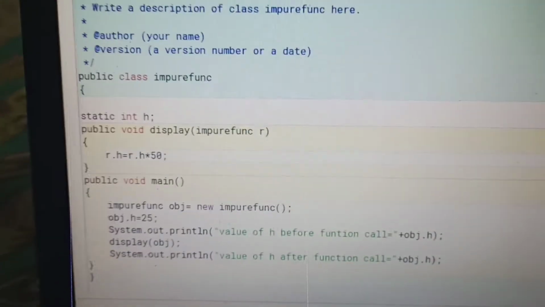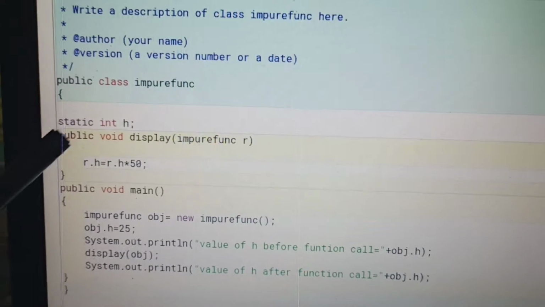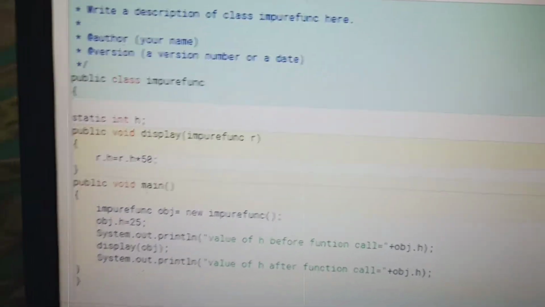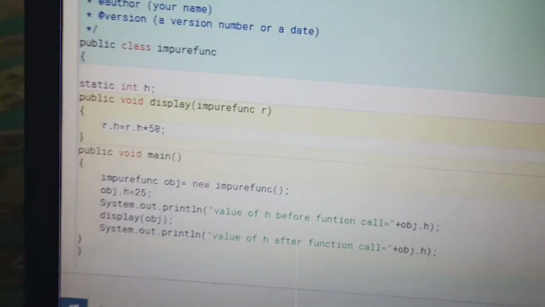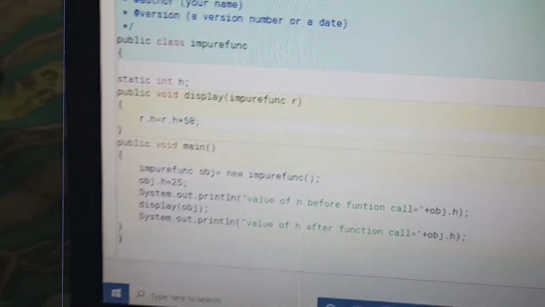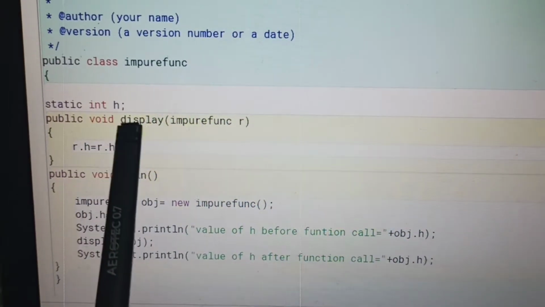Now as you can see here, first we have to create a class, and next a static int. Static int means the variable uses the static keyword. Next, one more method is given, that is void.